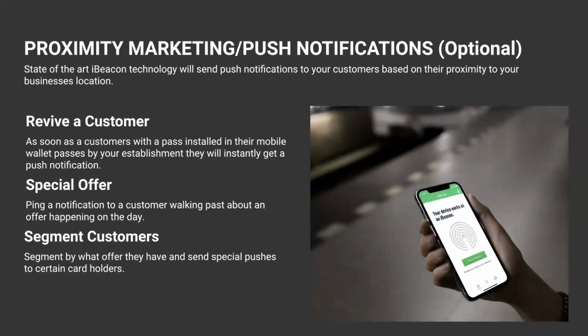Now, you've probably never heard of this, but this is proximity marketing. You can use this to revive a customer. As soon as customers walk past your business with a pass installed in their mobile wallet passes app on their phone, they will instantly get a notification. They'll instantly get a push notification on their phone. So you can send out a ping